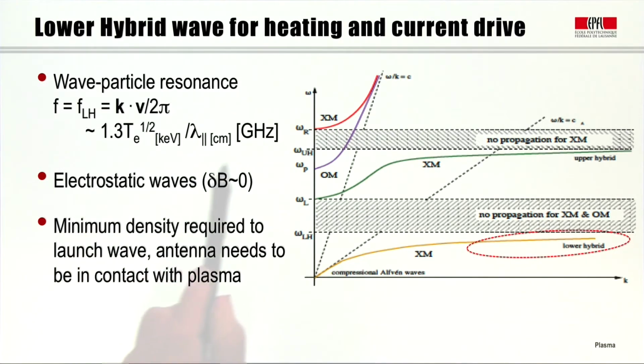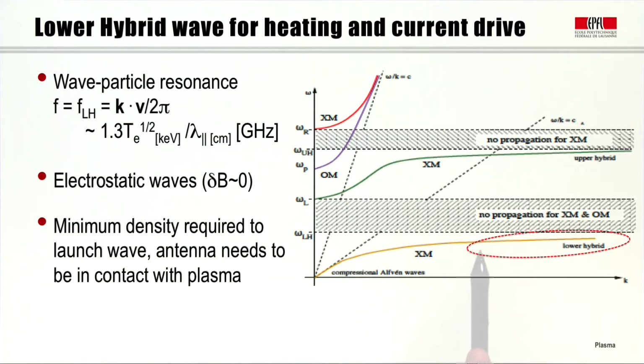And if we take that as sort of an optimization process for the electron population, we can evaluate the frequency at which that occurs to be about 1.3 times the square root of the temperature, if the temperature is expressed in keV, divided by the parallel wavelength of the wave expressed in centimeters. And the frequency will be expressed in terms of gigahertz. So if we take, say, a 16 keV plasma and a few centimeters of parallel wavelength, we have something of the order of a few gigahertz for this wave-particle resonance. That corresponds to one